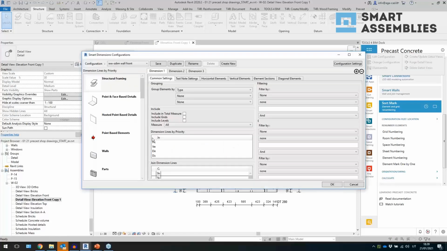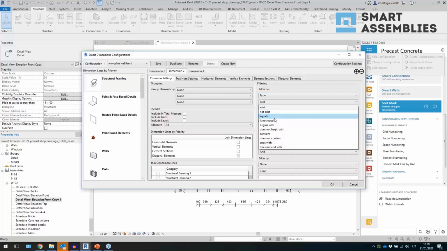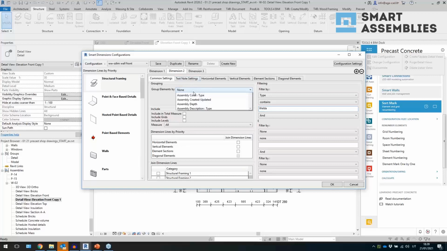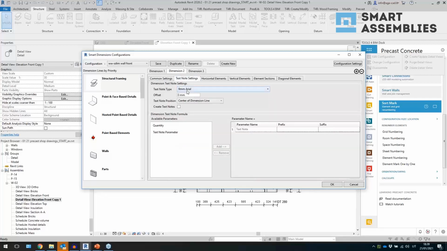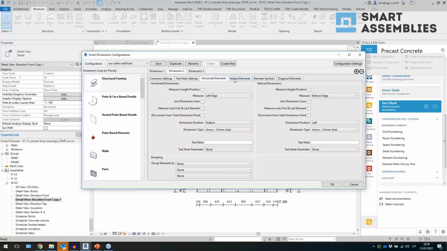we want to measure that, so we'll go back to configurations again. We'll go to second part, and then we'll say that well, the type should contain and welda, maybe, right? And then I will say that it could be grouped by type. It should have some notes as well. So I need to run through this process again. And